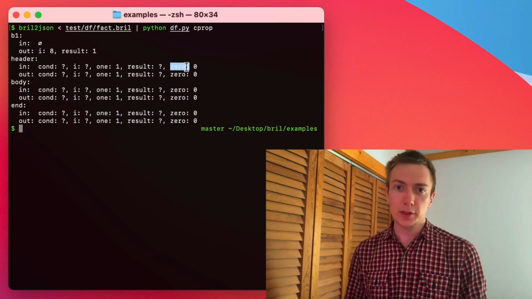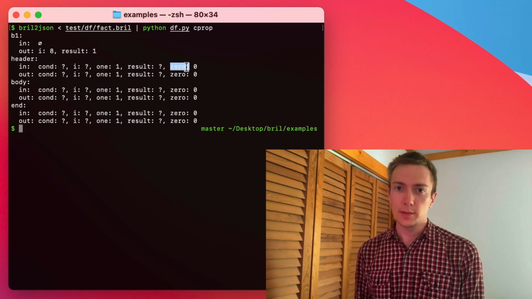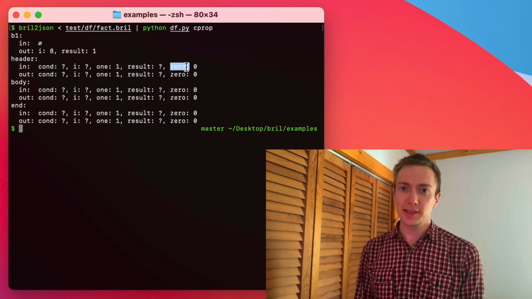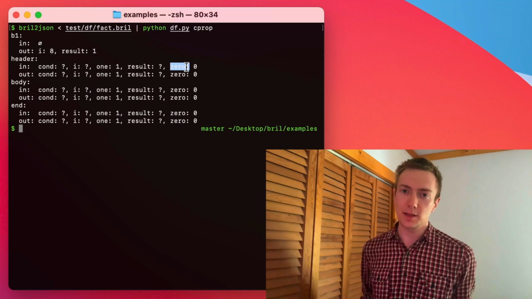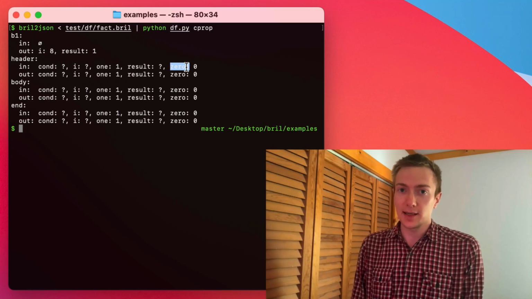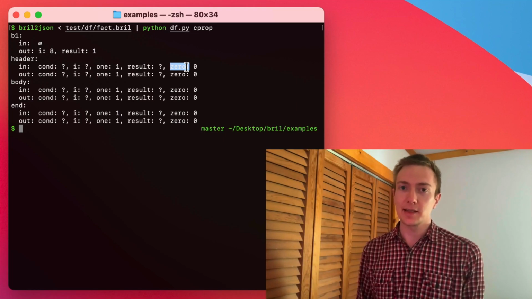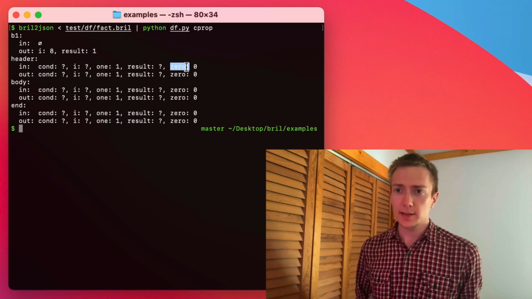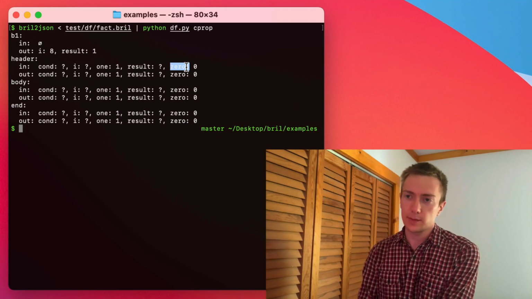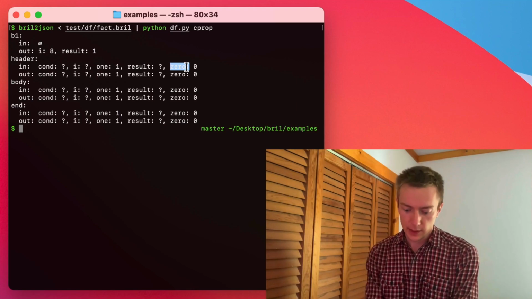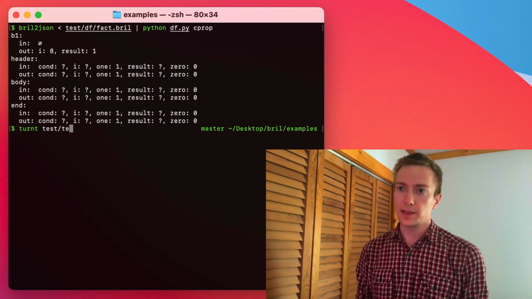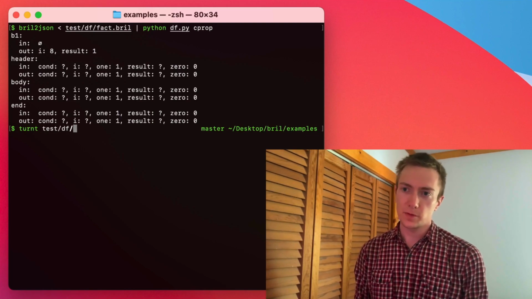Anyway, go crazy, come up with whatever data flow analysis you want. Just scale it to the time you have available, implement some data flow analysis, and then take it as far as you like. You can implement a fully general framework and 100 different data flow analyses if you really feel like it. I want to show you just one small turnt trick that you can use when you are testing this, which is that, as you might imagine, it might make sense to set up turnt tests so you can validate that, for example, this fact